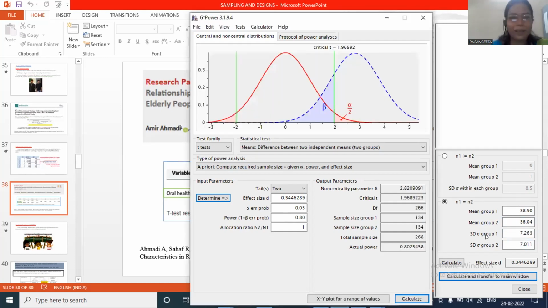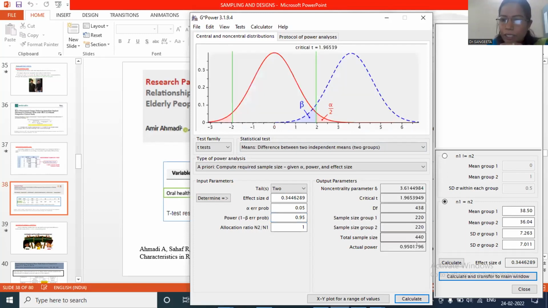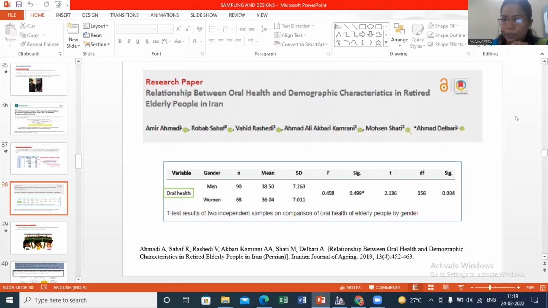So look, again, it makes sense, no? It's a descriptive study, so you have a larger sample. And again, if you change here, this allocation ratio is the same in both the groups, it says. Okay. So if you increase this, the sample size will increase. Okay. So this is the total sample size, and this is per group. Clear? Yes. So we'll proceed to our next example,